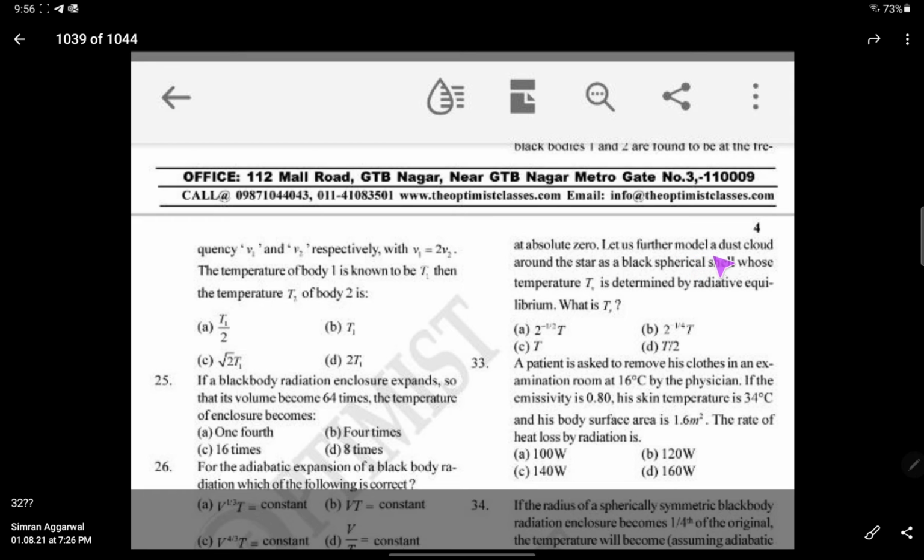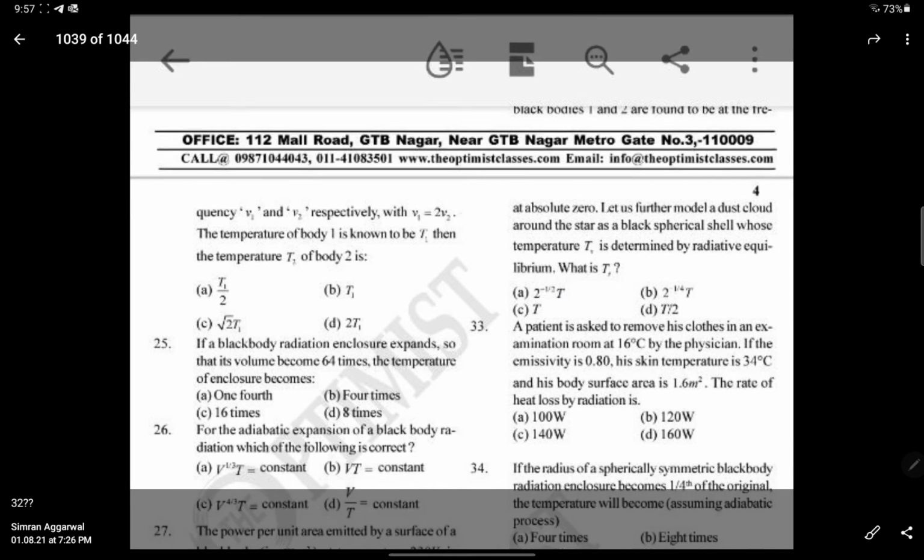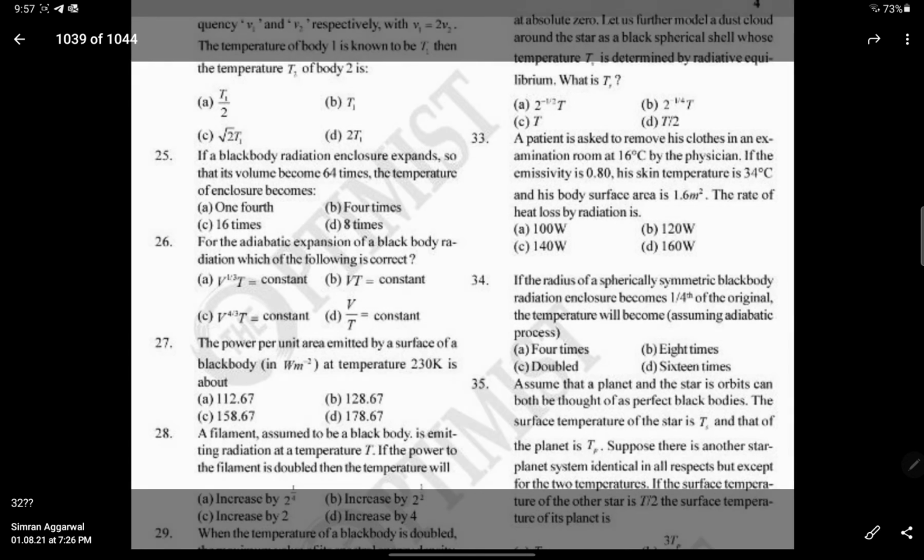Let us further model a dust cloud around the star as a black body spherical shell whose temperature is determined by the radiative equilibrium. Okay. So the question is saying that